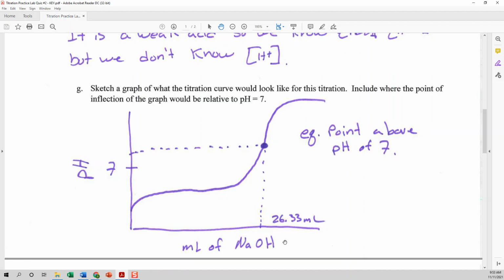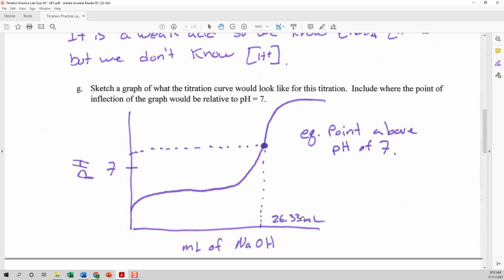In this case, the titrant was the sodium hydroxide, and we're adding base to acid. So at the start of the titration, we have an acidic solution, so low pH, and as we add the NaOH, it starts to increase, and then we get that sharp increase, and then it tails off, and that point of inflection right there, that's our equivalence point. And again, all we need to know about that is right now it's going to be above 7. All right. And then if you wanted to add a little bit more detail, this was the volume of NaOH required to reach the equivalence point. It was the 26.33, our answer to part B, I think, right? Yeah, part B. Okay. All right. So hopefully that helps you out with the